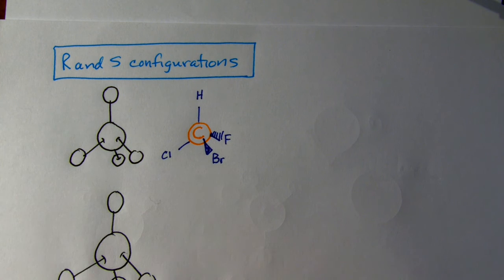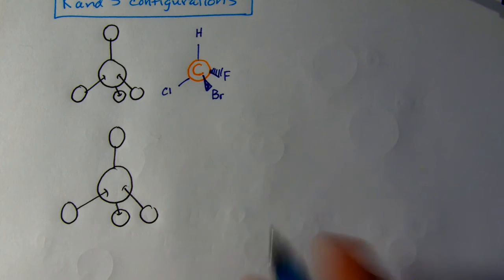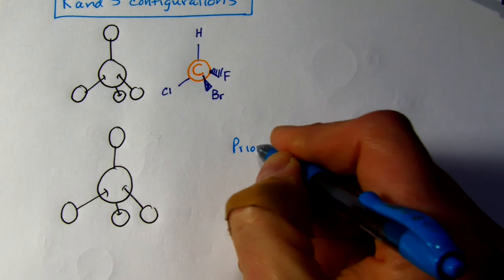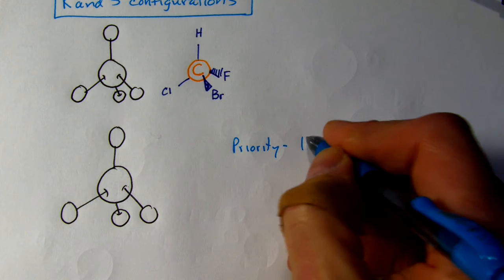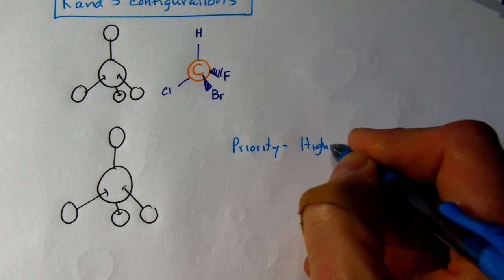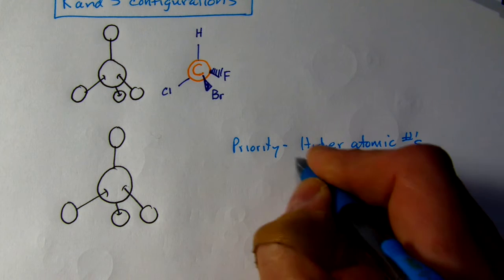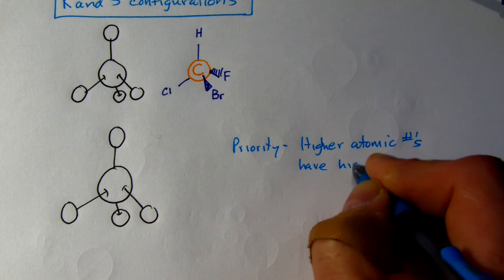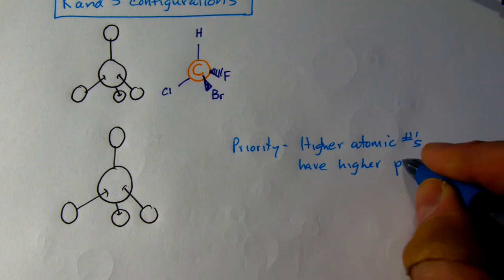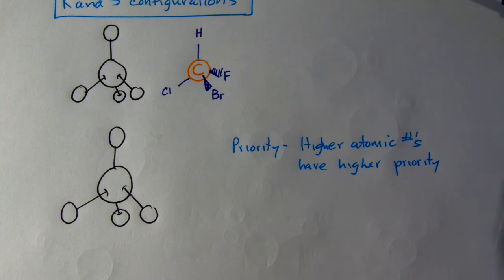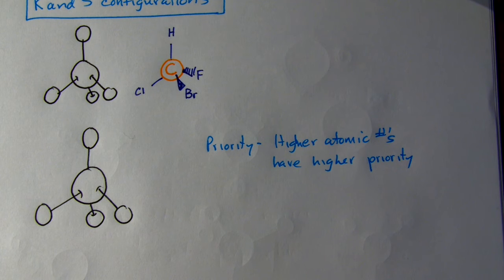And there's the guy in the back. Okay? Well, there's the concept of priority. And the concept of priority is this: that higher atomic numbers have higher priority. And we have talked a little bit about priority when we had branching, when we did nomenclature, for example. So what's the idea of priority here? We're going to